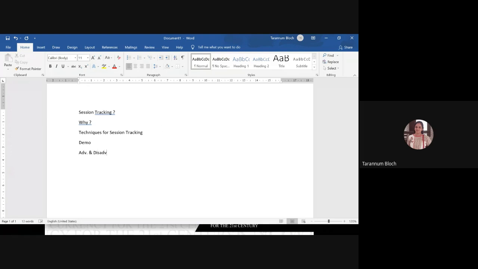So this is the discussion of today: session tracking, why it is required, what the different techniques available are, and we'll see the demo program and discuss the advantages and disadvantages of each session tracking technique.